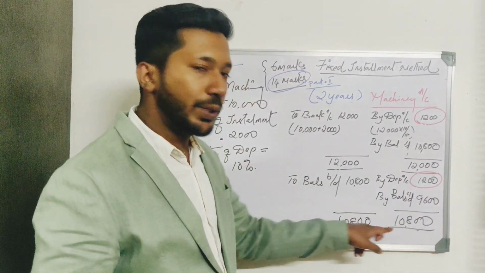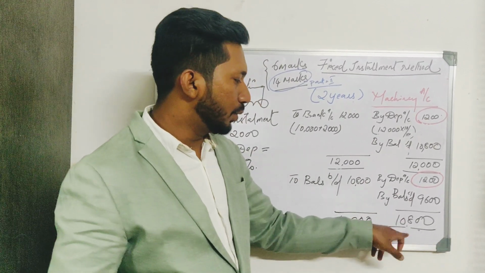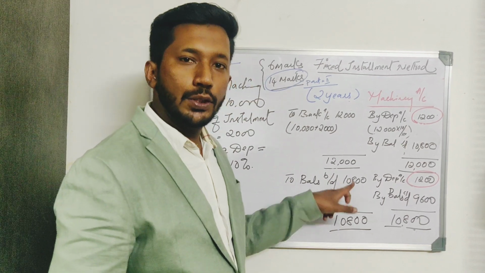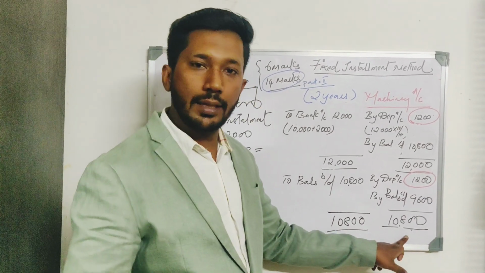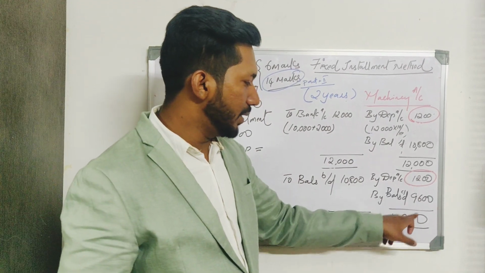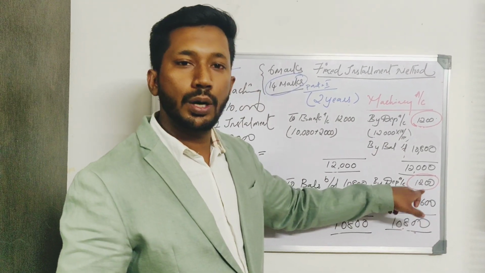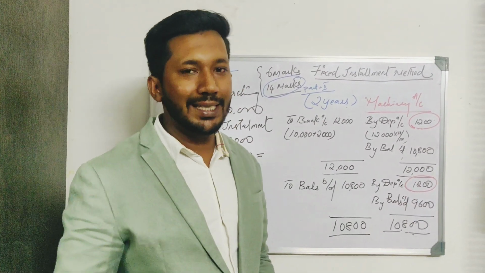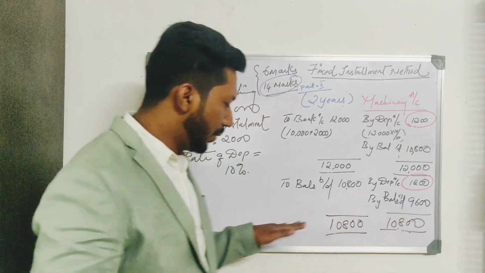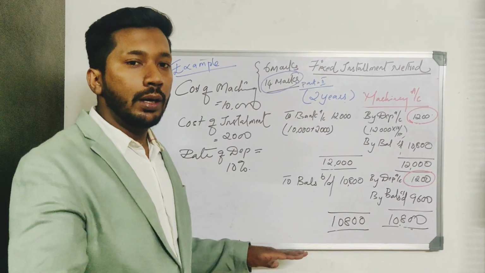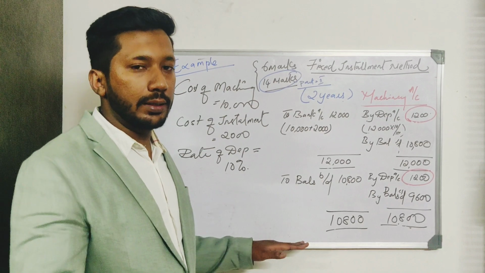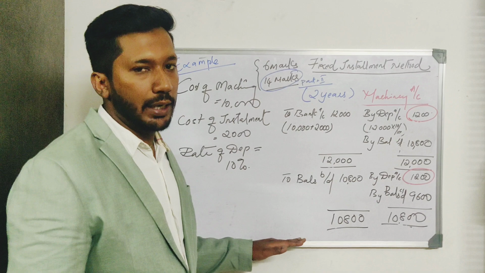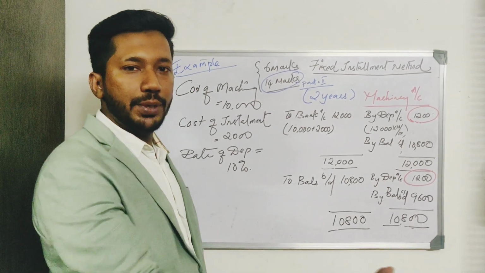So after which you have to tally this, and to find out what is our balance carried down, we will tally. So here we don't have any adjustment. So the answer is 10,800, 10,800. So what is the difference? So 10,800 minus 1,200, if you do, you will be getting 9,600 as a balance. So this balance will be carried forward for the third year. If you are executing this problem for 3 years, you will carry forward this 9,600 for year 3, and again you will continue with depreciation.